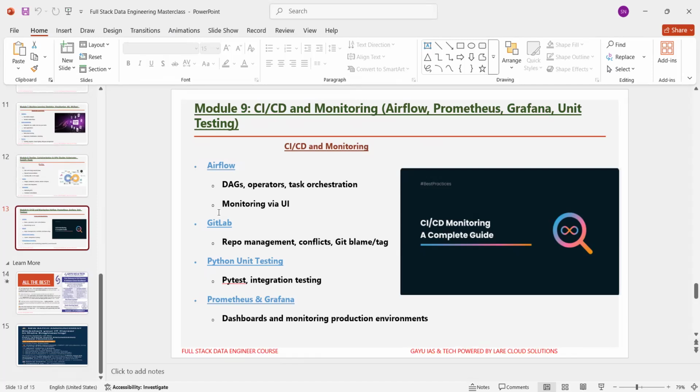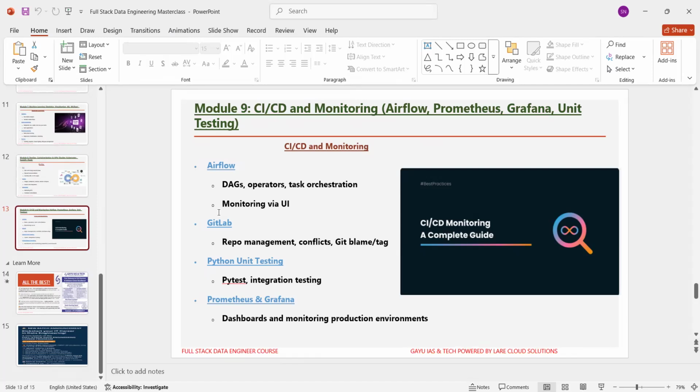The first one we are going to learn is Apache Airflow, which is workflow orchestration. Here in Apache Airflow, you are going to learn about designing DAGs, using operators and defining tasks, scheduling and monitoring the workflow via the Airflow UI. After learning this, you are going to practice building DAGs that extract, transform, and load retail data daily, including failure handling and retries, and visualize the task data in Airflow dashboards. After practicing this, the use case is reliable and transparent ETL orchestration.